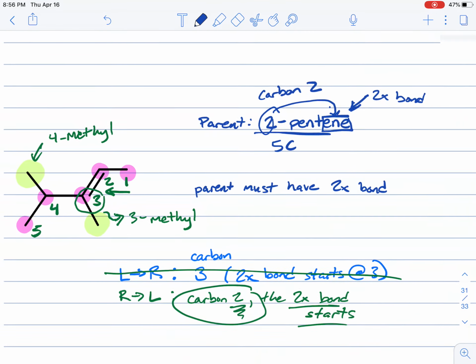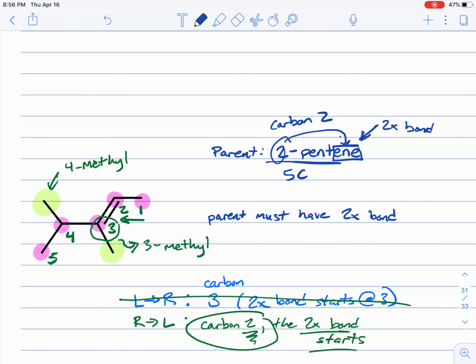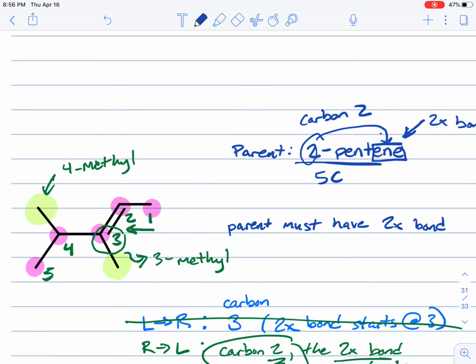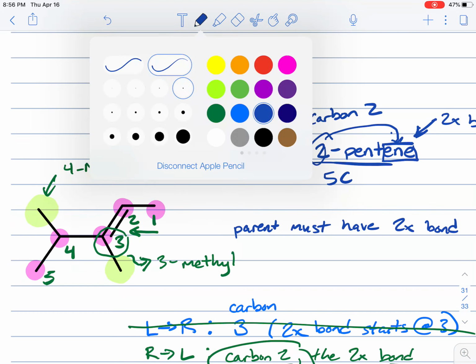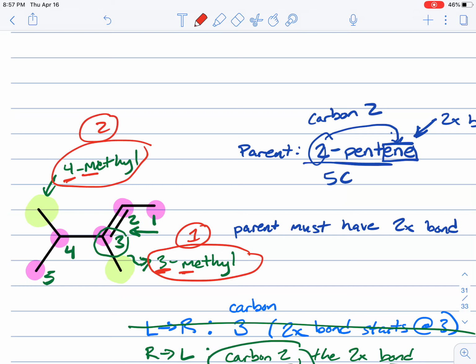So let's go ahead and put the pieces together. Let's think about which one we're going to name first. Here is M and M. The letters are the same, so we look at the numbers, 3 and 4. So it looks like I'll go ahead and name this first. Remember, your substituents are always going to be named first. And this is going to be second, and this whole thing is going to be third. Okay. And so when we're naming this, this is going to be